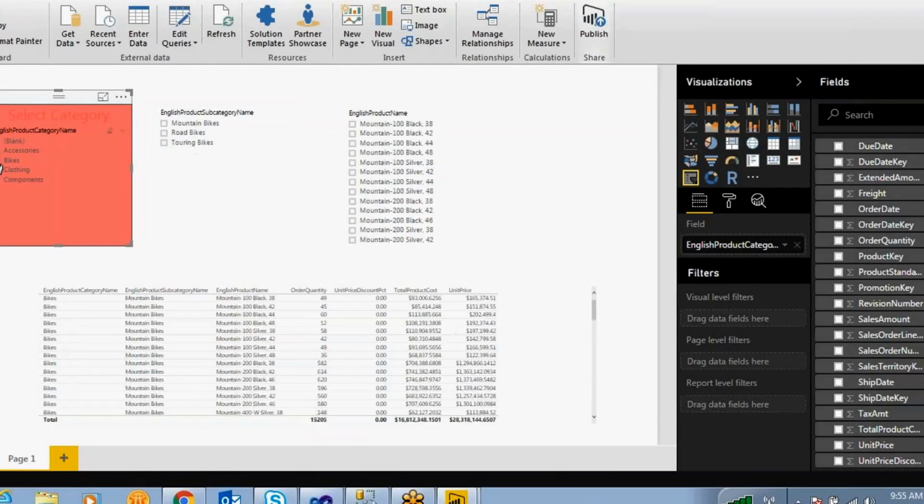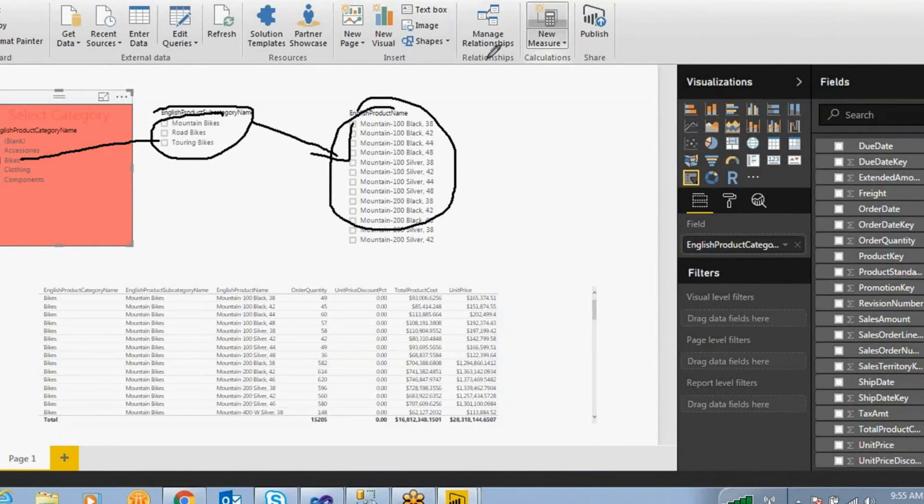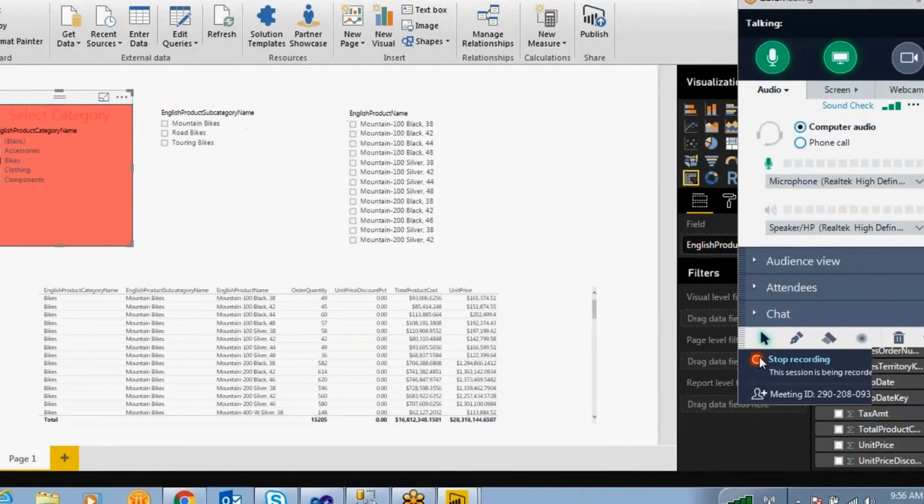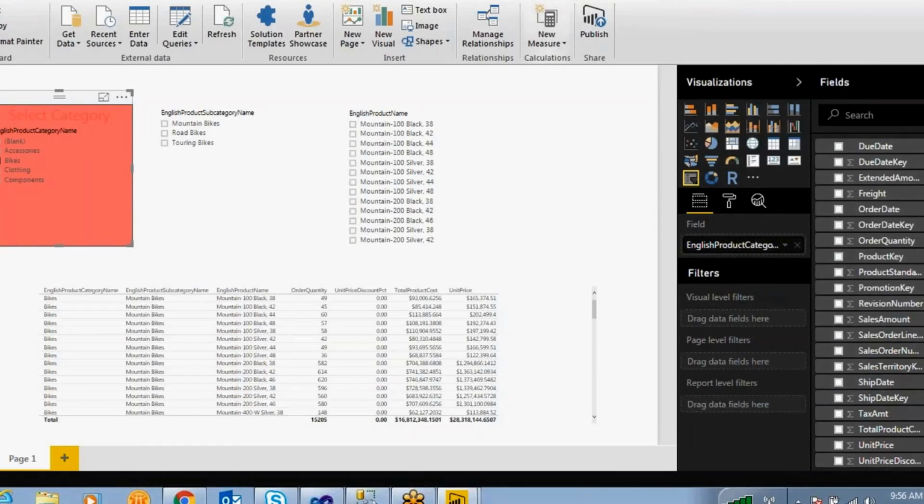If you are selecting bikes, it will display only 3 subcategory items belonging to bikes, and only all the products belonging to these subcategories it will take. Okay, right. So in this below table also, only the information for whatever parameter values we have selected over here is displayed.